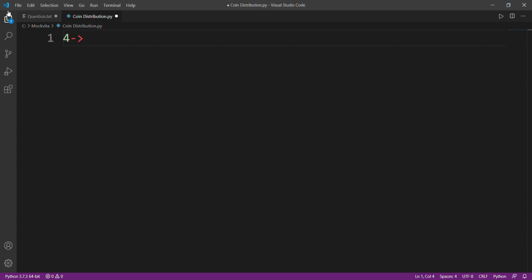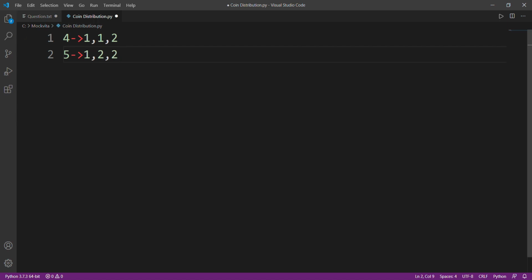We can take 2 and 2, but if we take 2 2, we won't be able to make 3, since when I'm saying 4, I mean all the values ranging from 1 to 4. We can't make 3, so I need 1 1 and 2. Okay, if I want to make 5, then can I directly take 5? No, I can't, because again I need to make 1 and all those values. So since I need to make all the values between 1 to 5, I can choose 1 1 and 2 2.